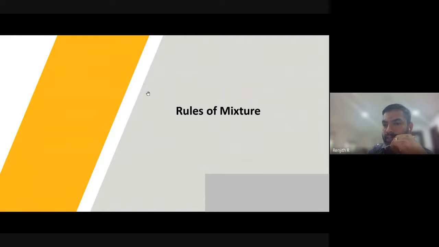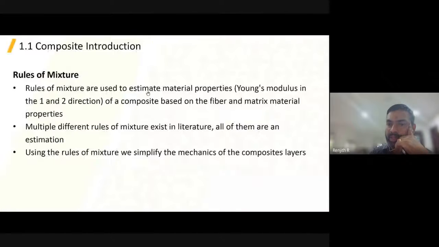It is commonly used to find out the mechanical properties of composite materials, especially fiber reinforced composites. We will use rules of mixture, and there are actually other types of equations, Halpin-Tsai equations, periodic microstructure, and a lot of equations are under research to get an accurate prediction of the mechanical properties.